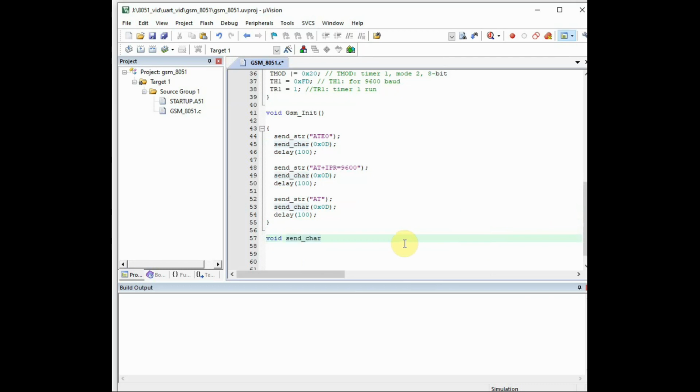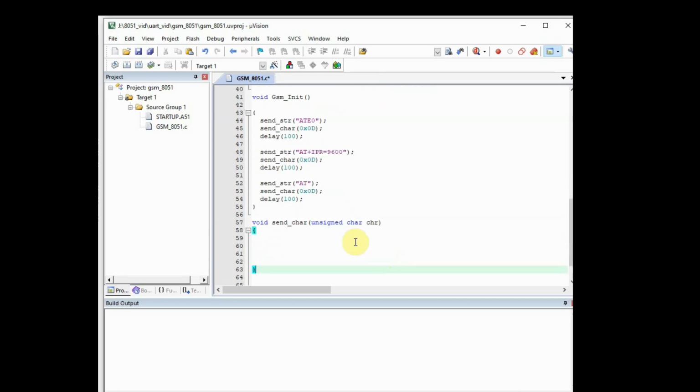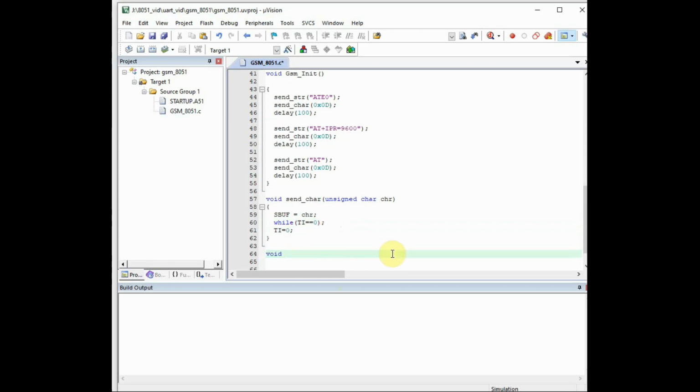Next we'll see the send_chr, send character, that is the individual bytes. It takes parameter unsigned char chr. Inside the braces let us load the SBUF register, that is a serial buffer register, with the parameter we are passing on. So the parameter we are going to send is a single byte that is given to the SBUF, and let us wait for the transmit interrupt flag to be set. When the transmit interrupt flag is set, that means the transmission is over, single byte is transmitted. After this, we'll reset the flag, that is the TI flag, to 0, so that it can send the second